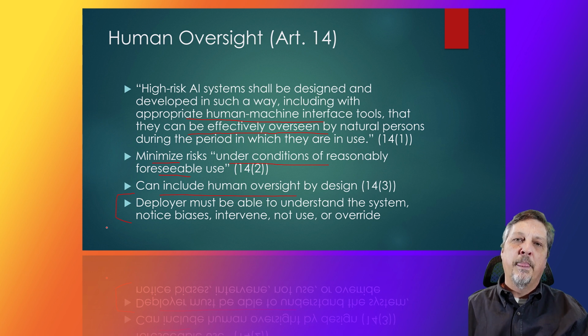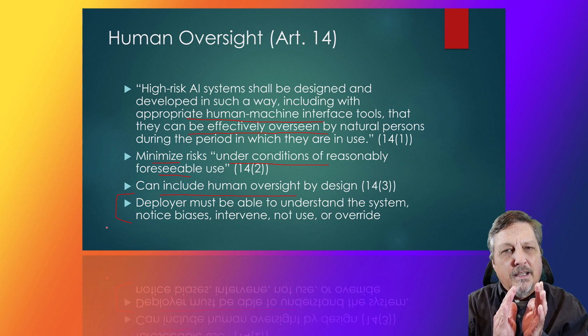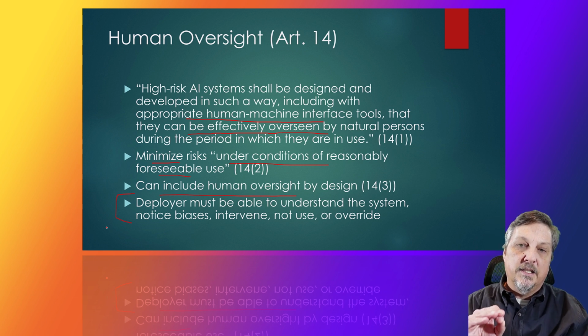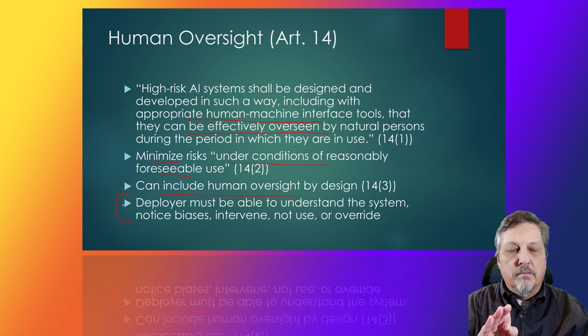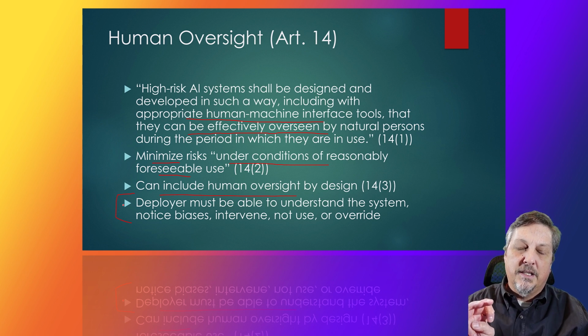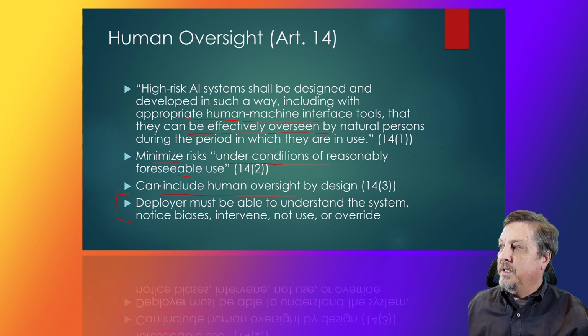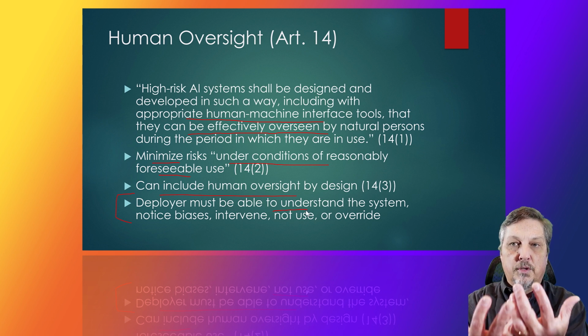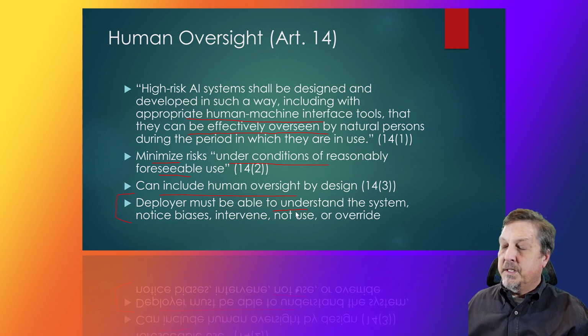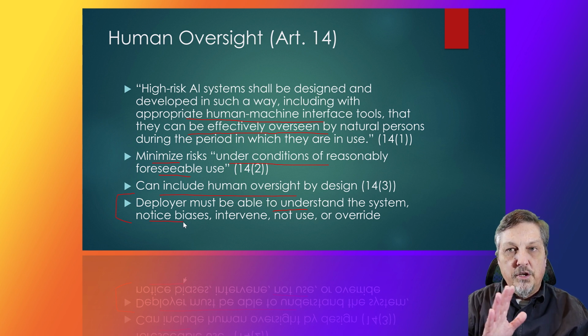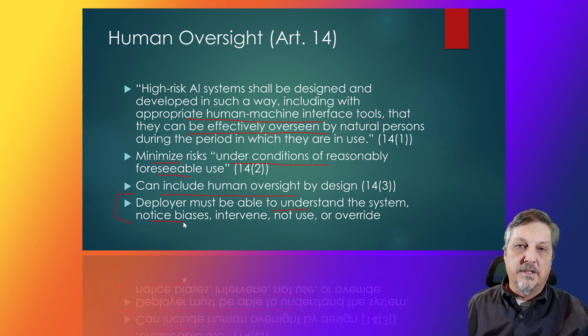So similarly, the AI Act as a whole, and this section in particular, is incentivizing AI compliance by design, and in this case, incentivizing human oversight by design. So build into the system, to the extent you can, these capacities for a human being to do this. And in particular, Article 14 says that the deployer, that is the person who's putting the system into use, right, the entity who's sending the system out to be put into use, has to be able to understand what the system is doing, has to have some ability to notice if there are biases creeping into how the system is running,